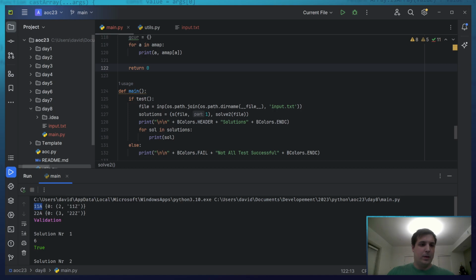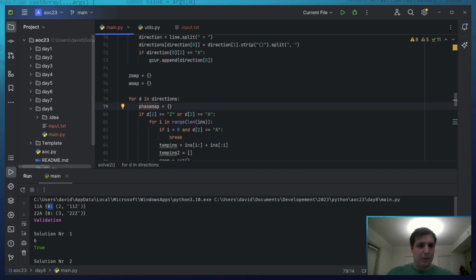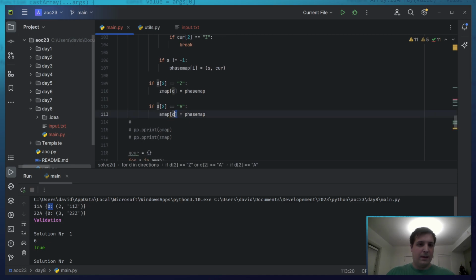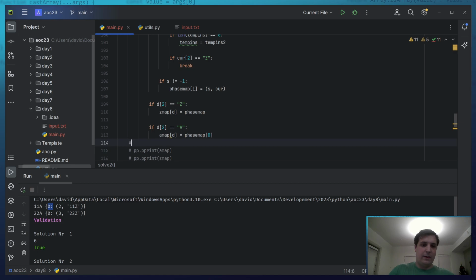Okay, I really want the A map. I'm only saying 0 equals, right? So A map D is face map, but really face map 0.